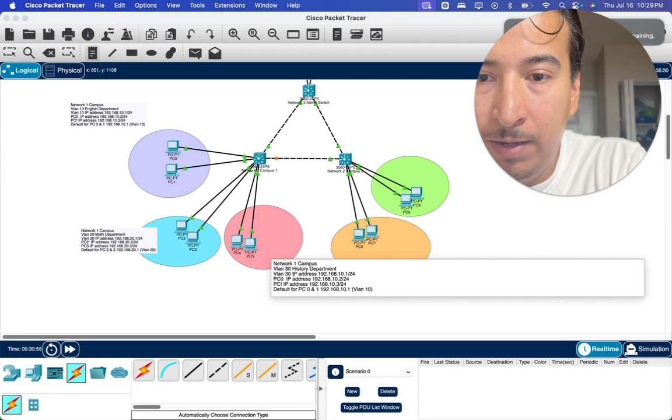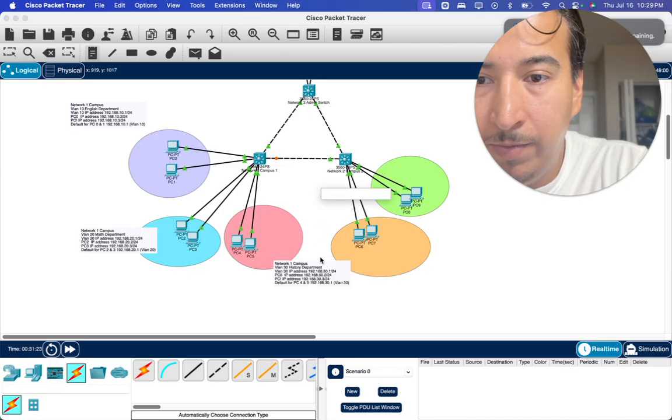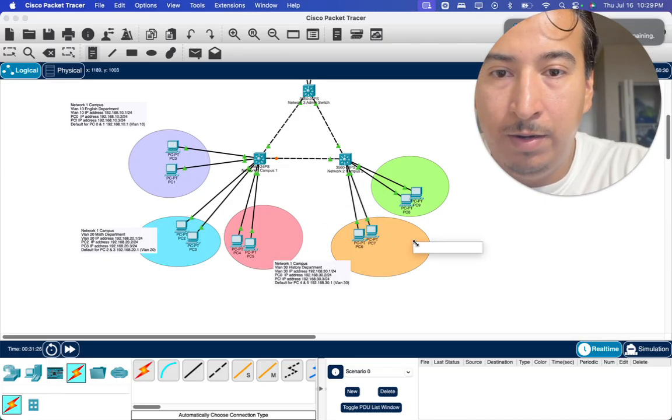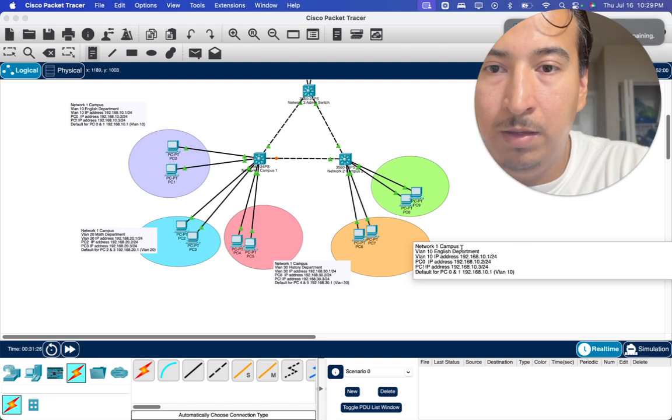The 30 IP addresses are 30.1, 30.2, 30.3. So once you get your initial idea, it's really not that hard. VLAN 30 will be my history department, and right here, this will be my network 2